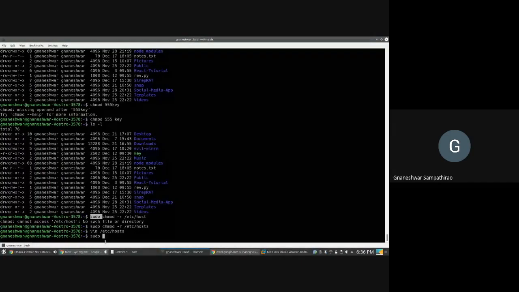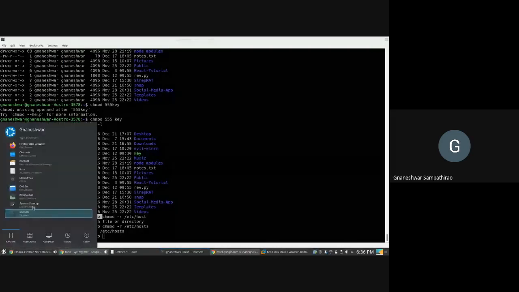which has an abbreviation, like super user do, so that you are telling the system to do something which a super user does. In general, I have already used this command, so it's not showing me. But in general, if I execute this command with sudo, it will be asking for my user password. So you need to enter it, then only you can be able to access this particular file.